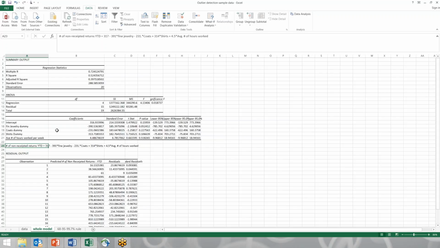Basically, just take all the coefficients right here and multiply by the different variables associated with it. This equation is useful if you want to try to predict the average number of non-received returns issued by an associate. If you know the department and the average number of hours they have worked, plug those numbers into this equation. That is your prediction for the number of